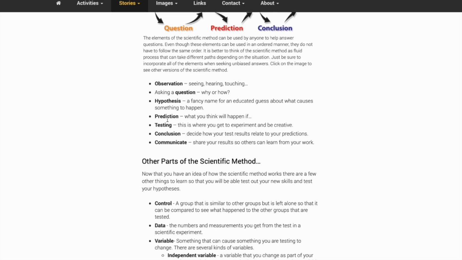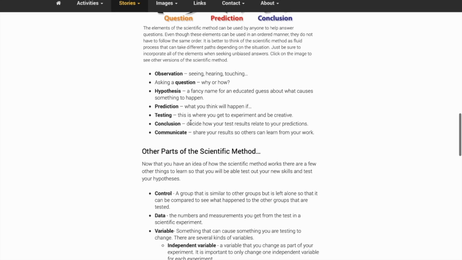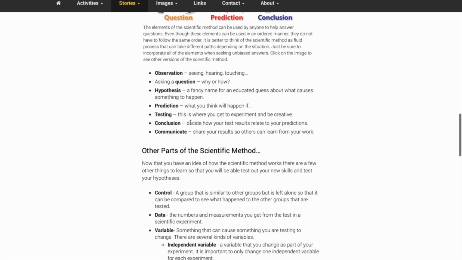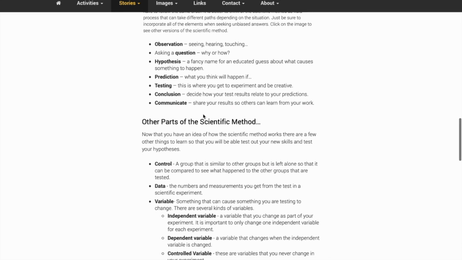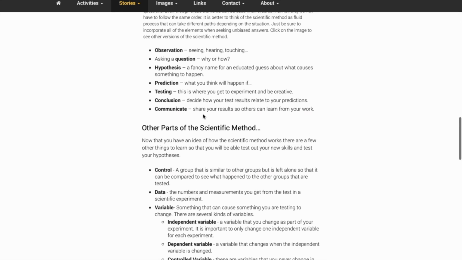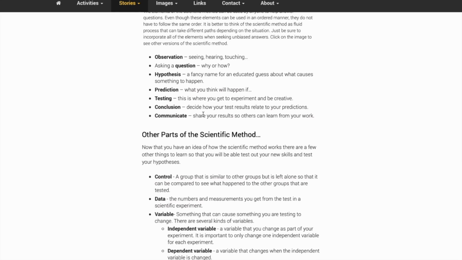And quite often, your prediction is not going to be correct, so you're going to have to go through this several times. It's not difficult, but a lot of us use it every single day. We just don't know it. And the reason I share the scientific method now is because you're going to be doing that when you are moving through ideation or developing a concept. You will identify problems, and your best bet is to solve that problem in order to create value for someone else.